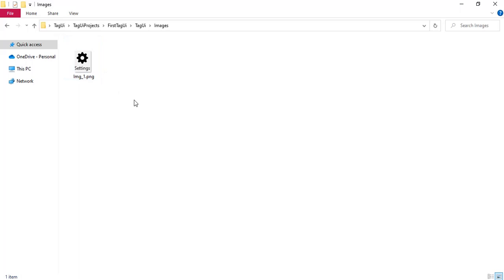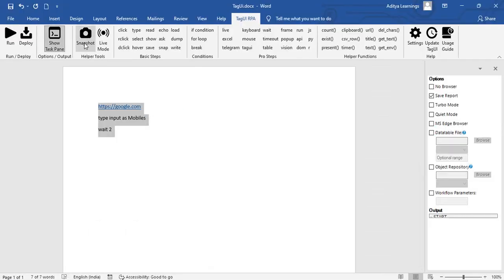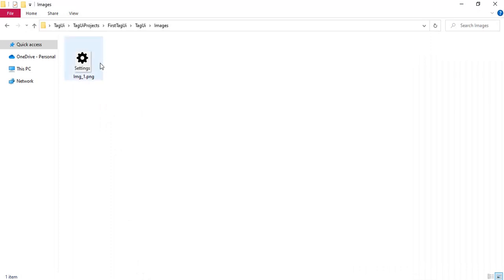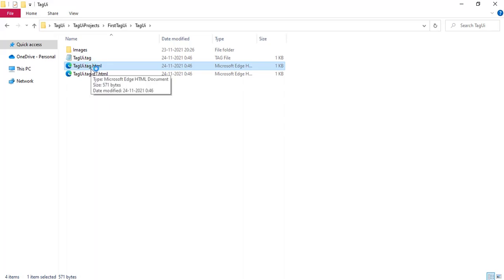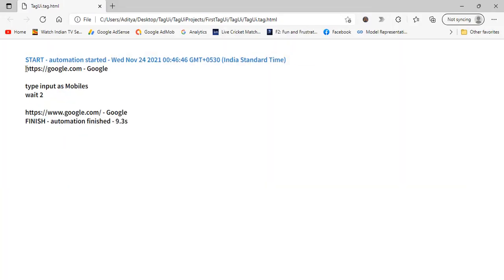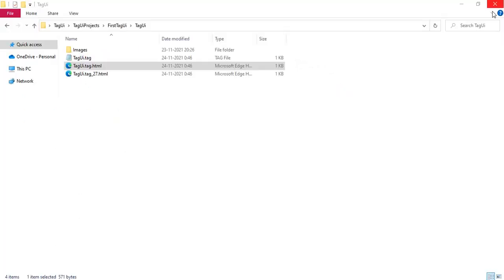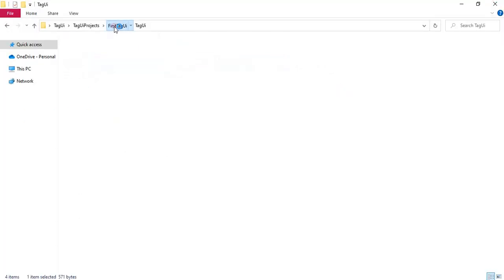Whatever images we take as snapshots will be present here, because I took this snapshot previously, so it has the images that are required here. And this is the report that is generated. Let's see what the report tells about the process that was just executed. It opened Google Chrome, and then typed the input as mobiles, and the automation finished in 9.3 seconds, along with the date that it executed. So this is the report that it generates.